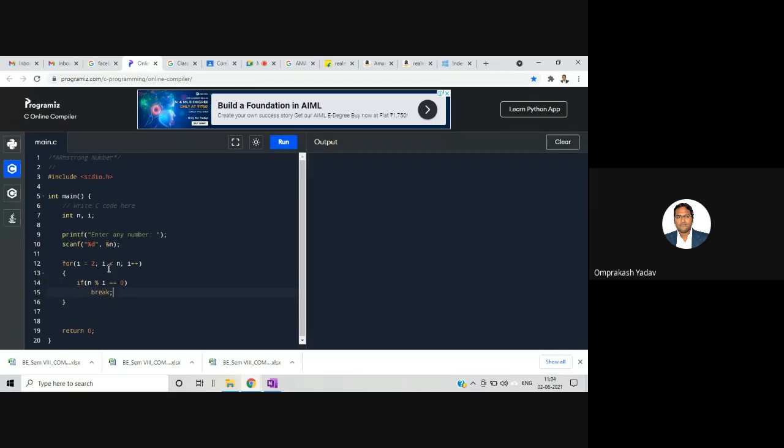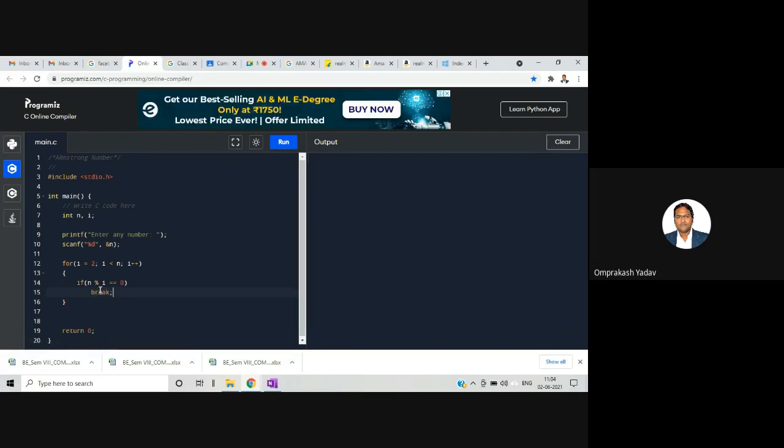So remember, break is used for what? For breaking the loop, any loop, whether it's a while loop, do while loop, or for loop. Break is used for breaking the loop. And why have I used it? Because the moment I determine that the number is divisible by any number till n minus 1, there is no further point in checking whether the number is divisible by any other number. So we can straight away break.